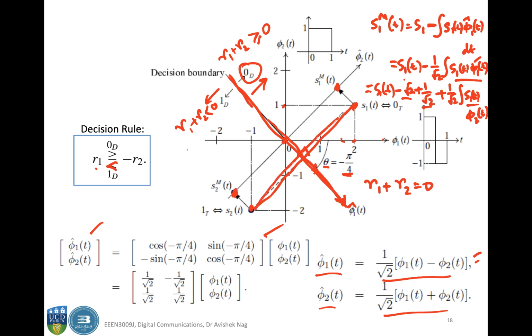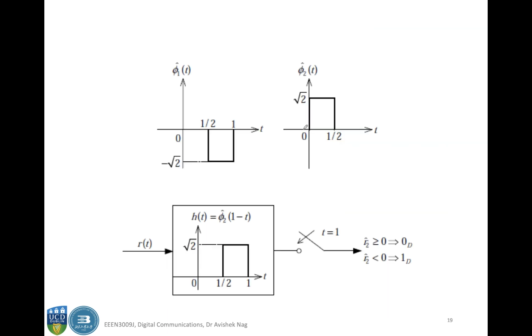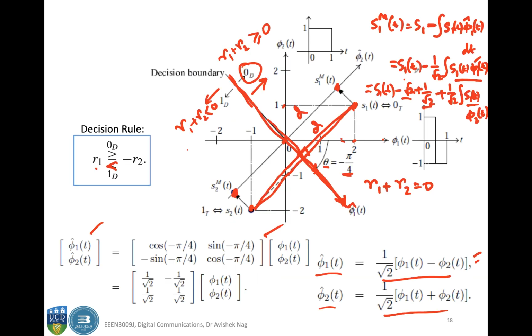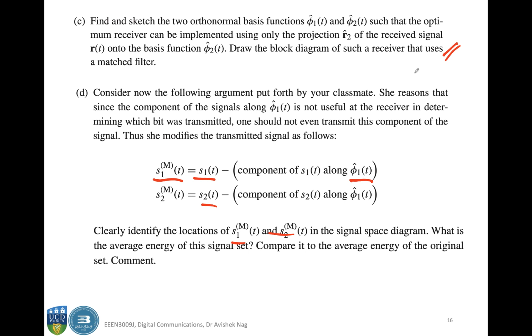If this distance is d, then this is also d, nothing changes, okay. So the distance between both sets of signals remains the same. So the Q function of this, the two distances are the same. So if you calculate the probability of error for S1 and S2, this will give you the same result as S1m and S2m, okay. So actually your friend was right who gave you this suggestion,